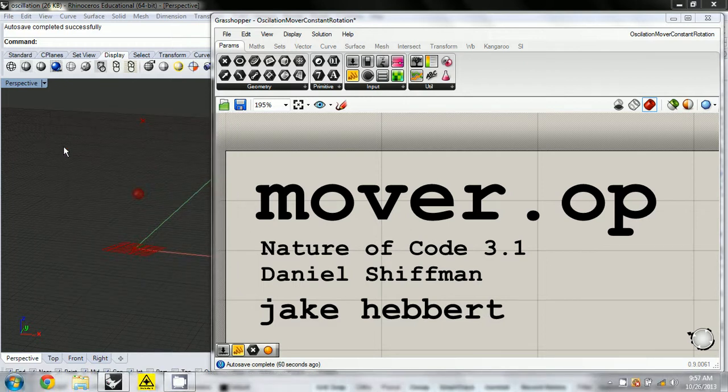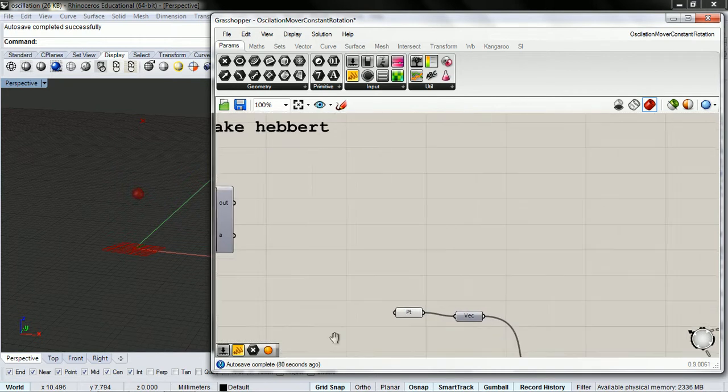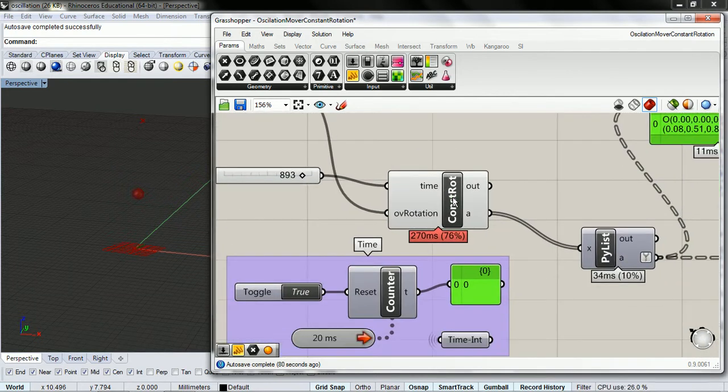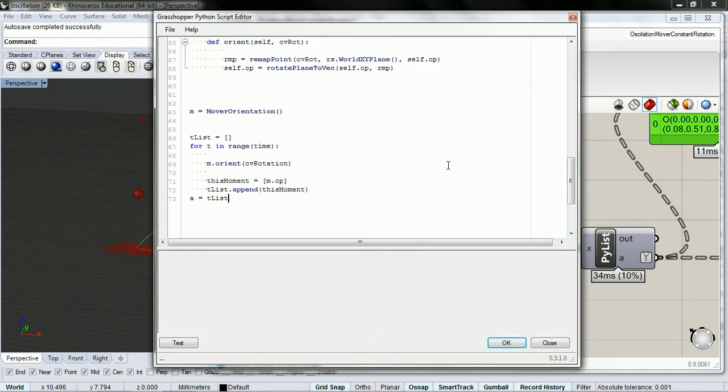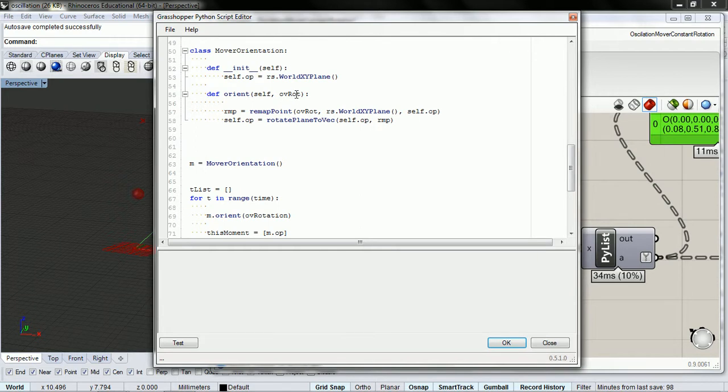Okay, so now that we have constant rotation, let's go ahead and tackle acceleration and velocity of rotation. The way that we have it set up, it's actually pretty easy to move into velocity and acceleration of our rotation speed. And so instead of orient, we're going to have rotate,